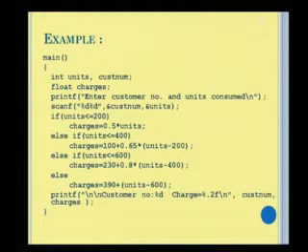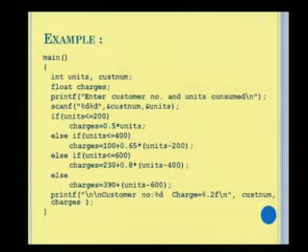If my units are more than 200, then it will check the condition if units is less than or equal to 400. Definitely it is greater than 200 and it should be less than 400. Then charges will be 100 rupees plus 0.65 per unit. Per unit charges means the first 200 units you have to pay for separately, which is why we mention units minus 200 in the brackets. The first 200 units are charged at only 0.45 each.